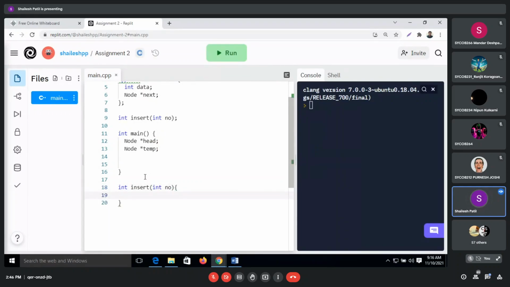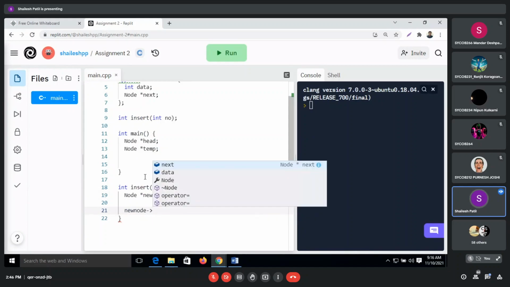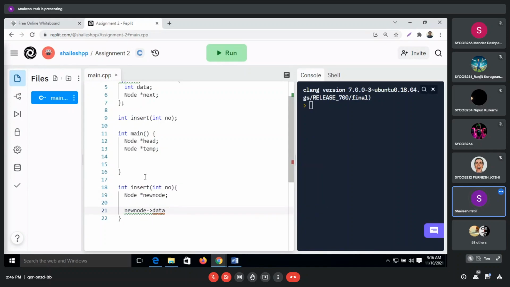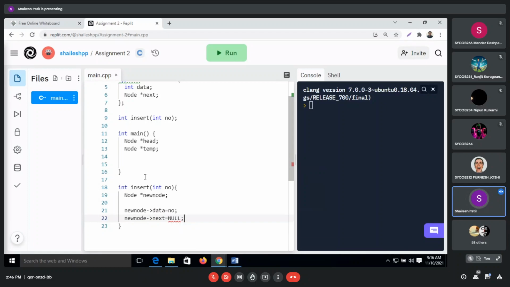Now we'll create another node: node *new_node. The data will be number, and new_node next is equal to null.